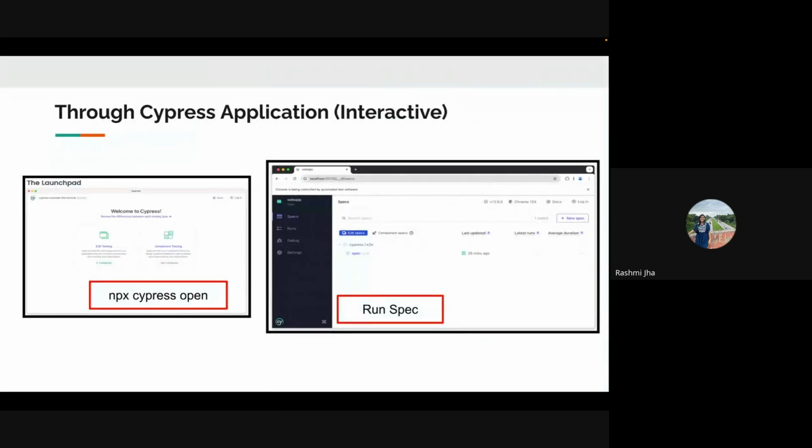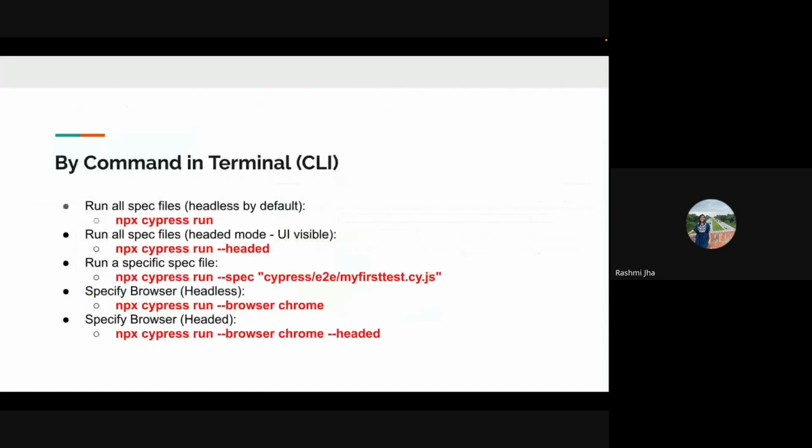Now let's explore the second way of running tests, by giving a command in the terminal. Here you can see the first command is npx cypress run. With this command, all executions will be done through the terminal. By default, it will follow headless mode, as we can't see any UI and it is executed at the back end.